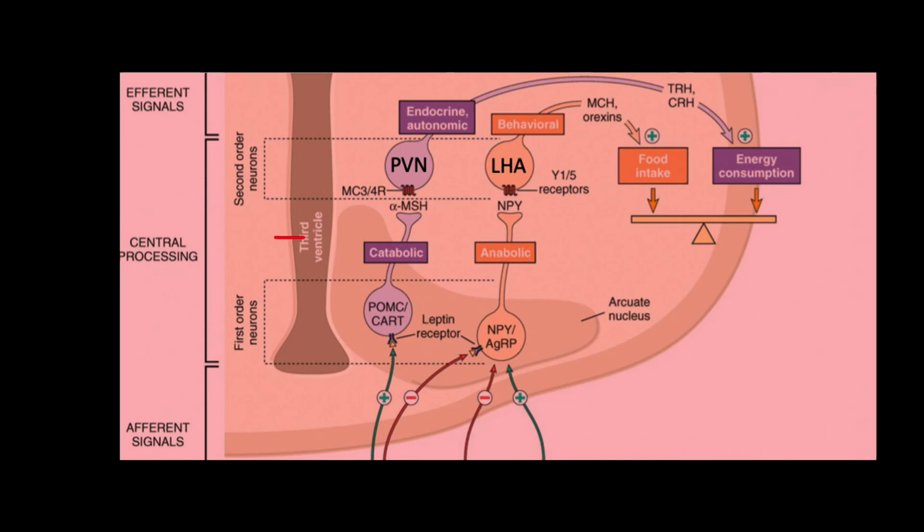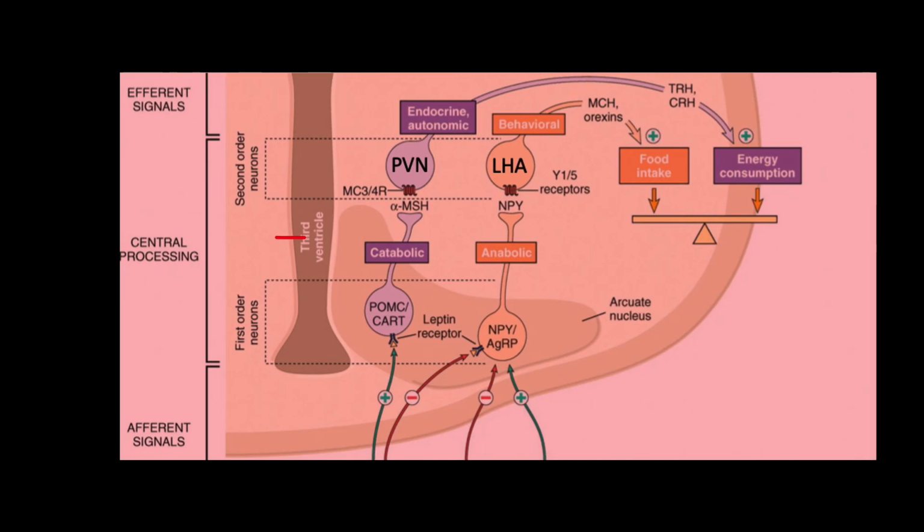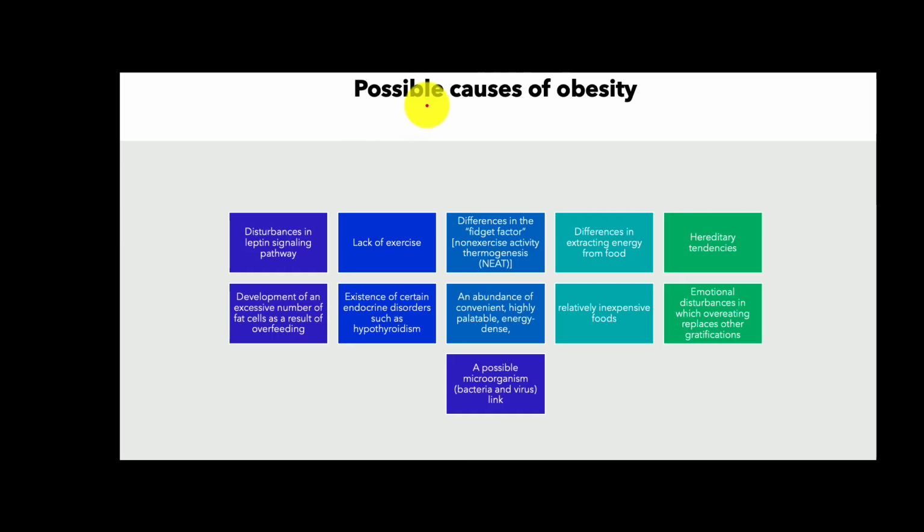All right. Now, whether you're going to do it with vitamin deficiencies or with type 2 diabetes, that is entirely up to you. Now, if you want to do type 2 diabetes and you don't know what some mechanisms are, here are some different mechanisms, right? There's leptin signaling, there's lack of exercise, excessive amount of fat cells and overfeeding. This leads to dyslipidemia. So you could look up dyslipidemia. You could look at changes in the endocrine system. Like this is that neurohormone thing that we were just talking about. There's insulin. There's microorganisms such as bacteria and viruses. Bacteria could also be changes in the microbiota in the gut.